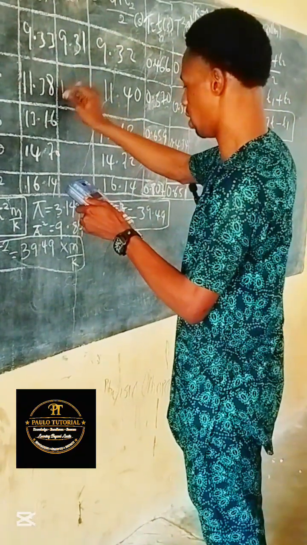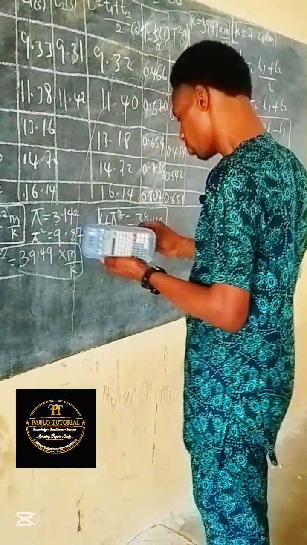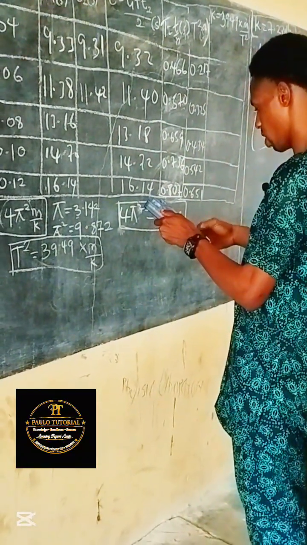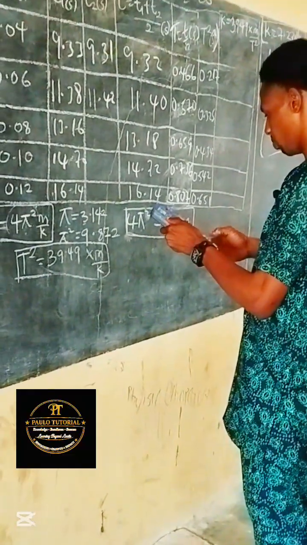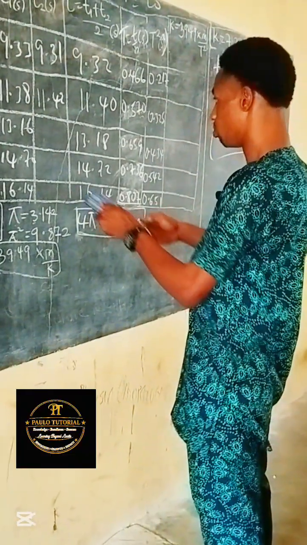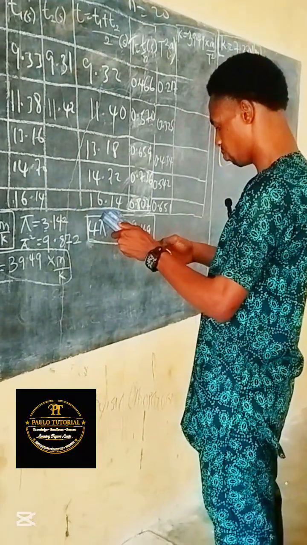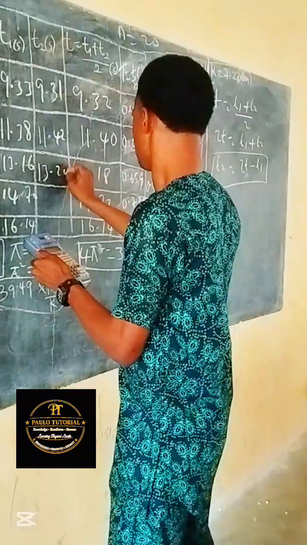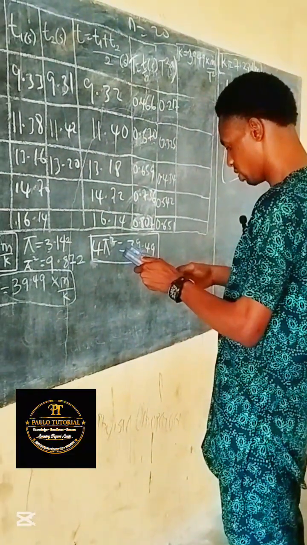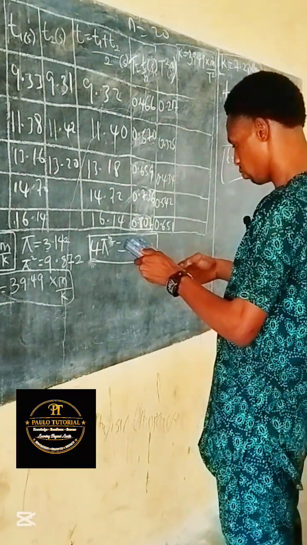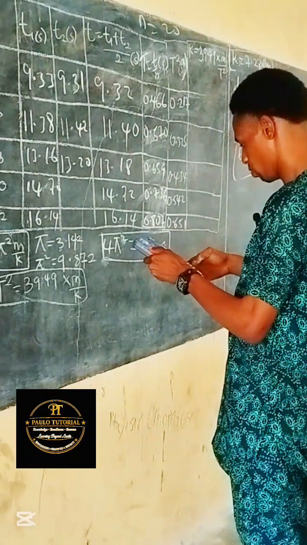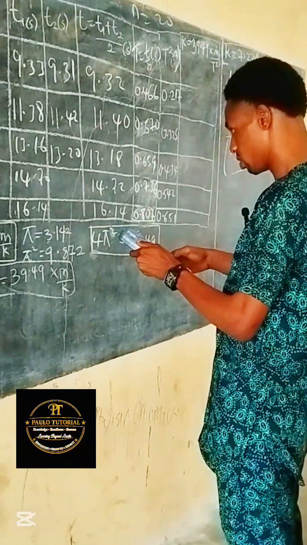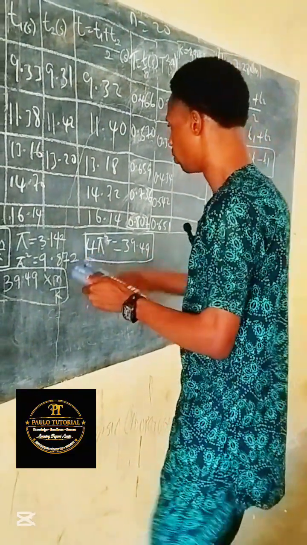That is 11.42. I'll do the same thing here. Multiply this one by 2. 13.18 multiplied by 2, subtract 13.16 from it, and that will give me 13.20. I'll do the same thing here. That is 14.72 times 2, minus 14.70. So this one will give me